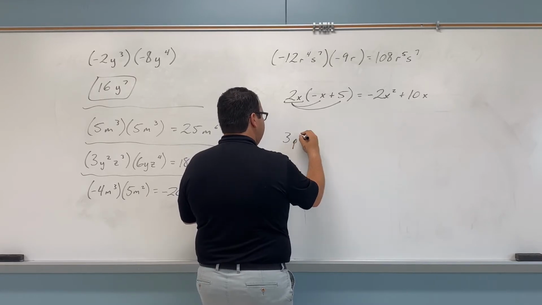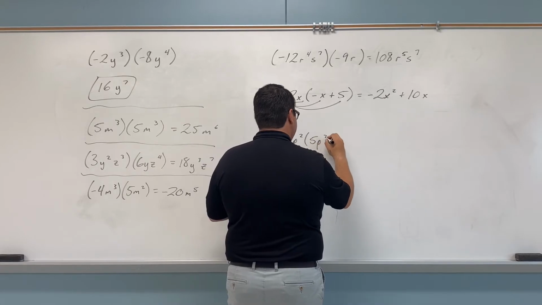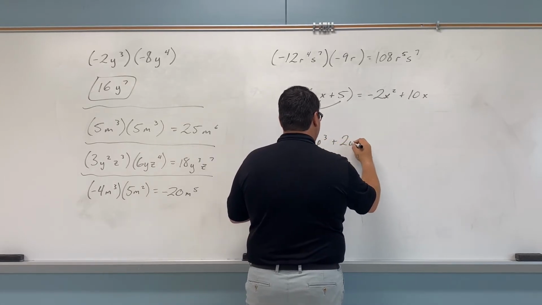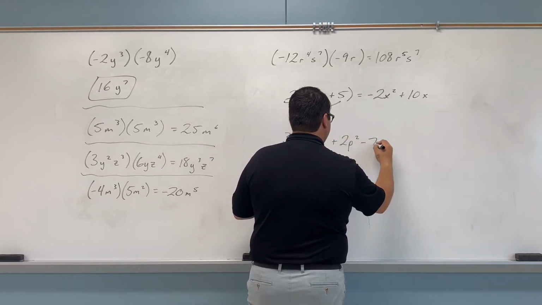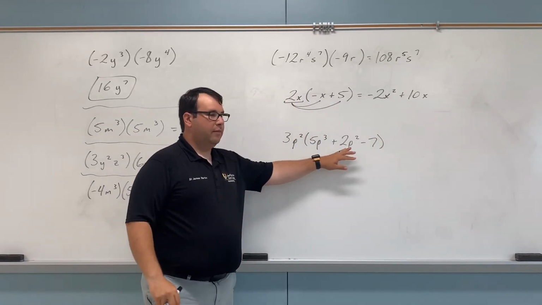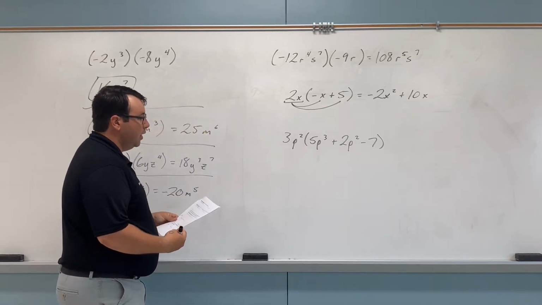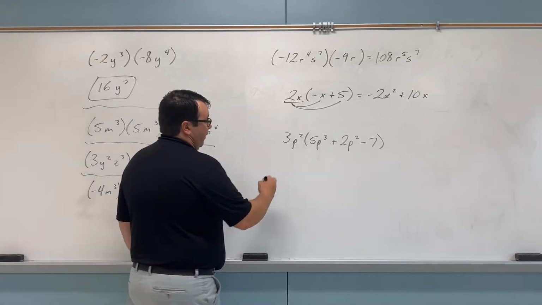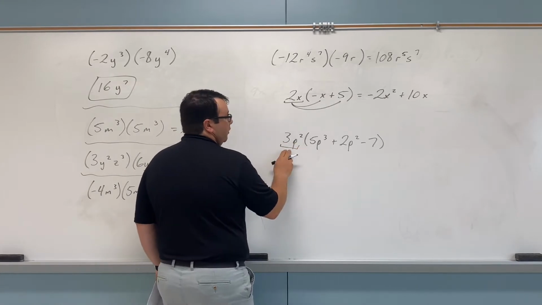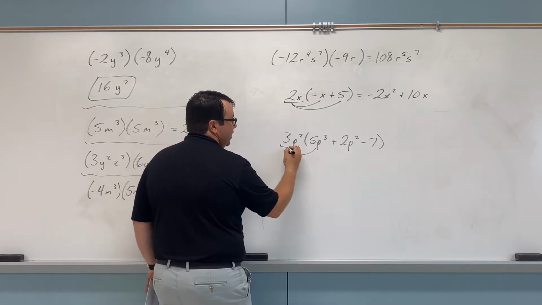So I have 3p squared. I am multiplying against 5p cubed plus 2p squared minus 7. So I have a monomial times a trinomial, just to give you that insight. Now, we're going to do the same exact thing. We are going to distribute this 3p squared term to each term